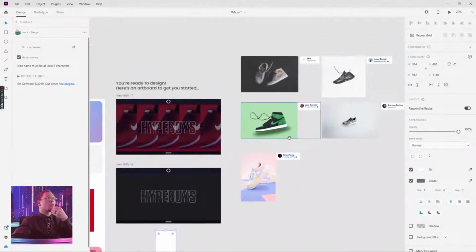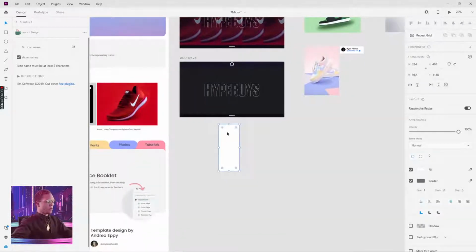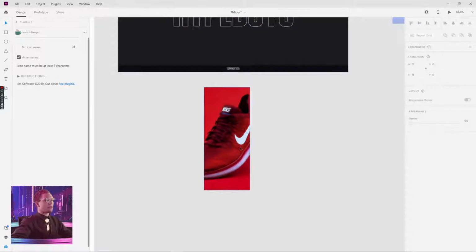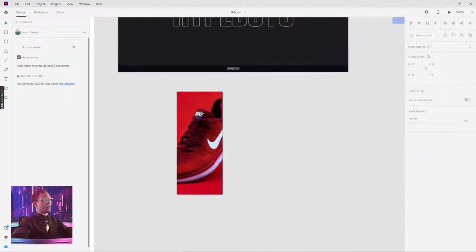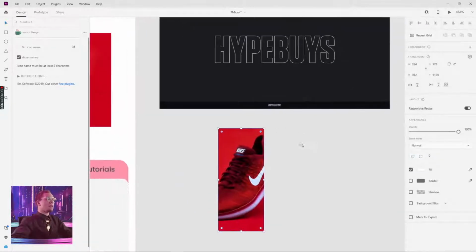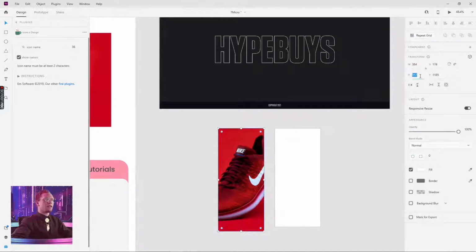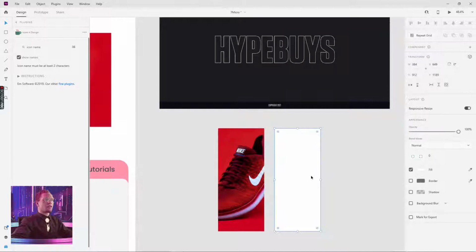So what we're going to start with is we're just going to take this red one again. We're going to copy this image. We're going to Control-Alt-V, or Command-Option-V if you're on a Mac. And we basically just put this photo inside of this shape here, which is awesome. Now, all I'm going to do from here is drag another rectangle out here. I'm going to paste the sizing in this as well, because what we're going to do is